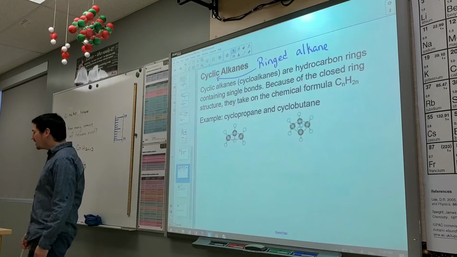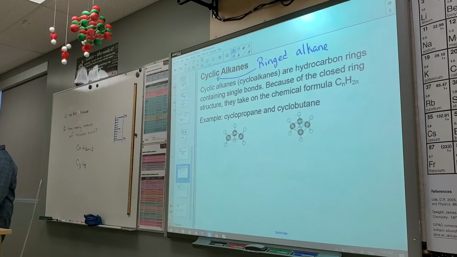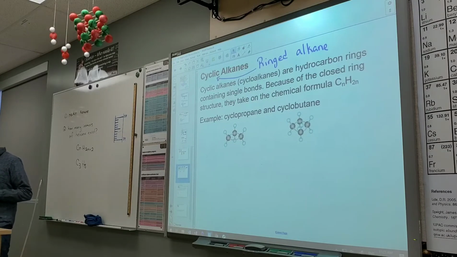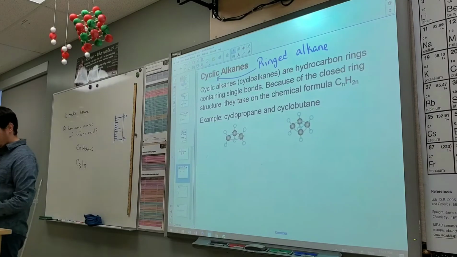Now, we can make propane and we can turn it into something that we call cyclopropane. But something very important happens when we do that. So when I take a look at these things,